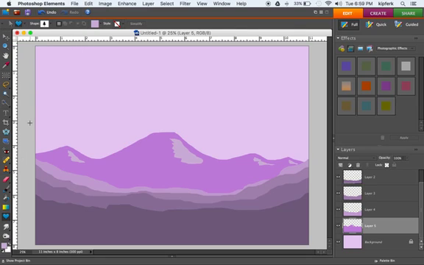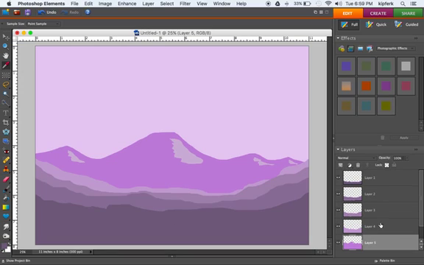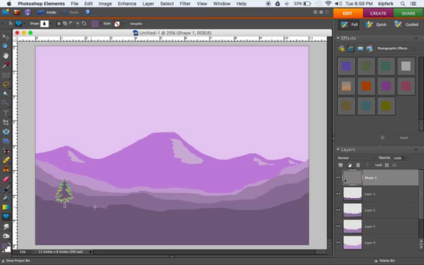So I've got this one. What I'm going to do is use my eyedropper tool. You can press I to get to the eyedropper tool, and I'm going to match it to the colors of the layer that I'm drawing them on. So if I'm drawing them on this first layer, I'll press the eyedropper tool, select that color, go back to my custom shape tool, and draw some of these trees